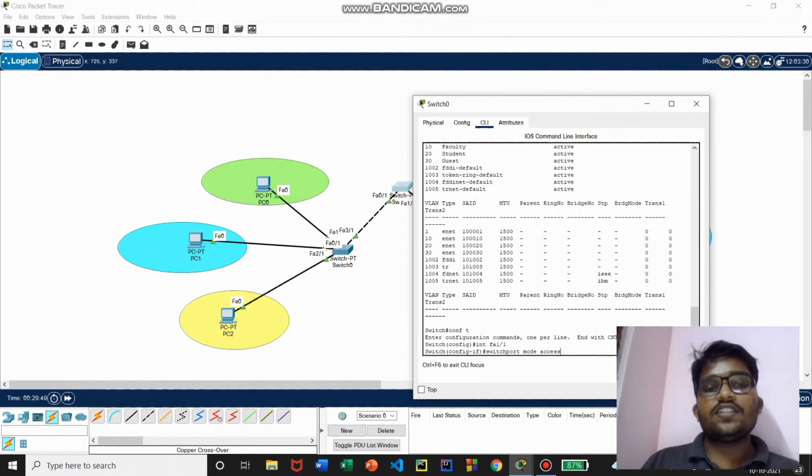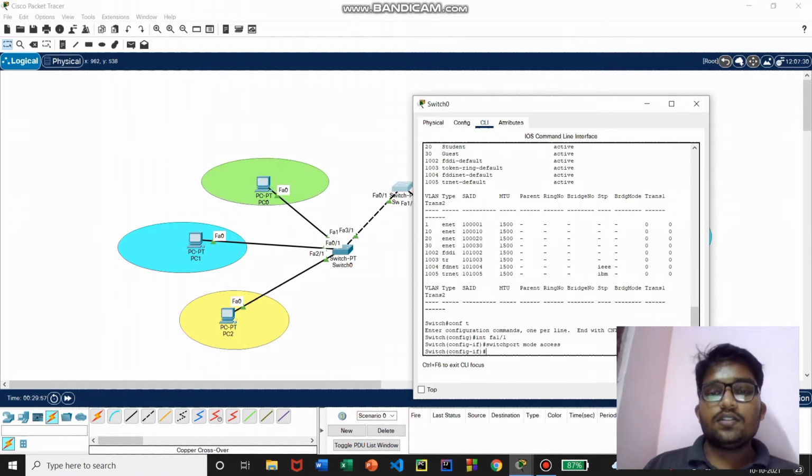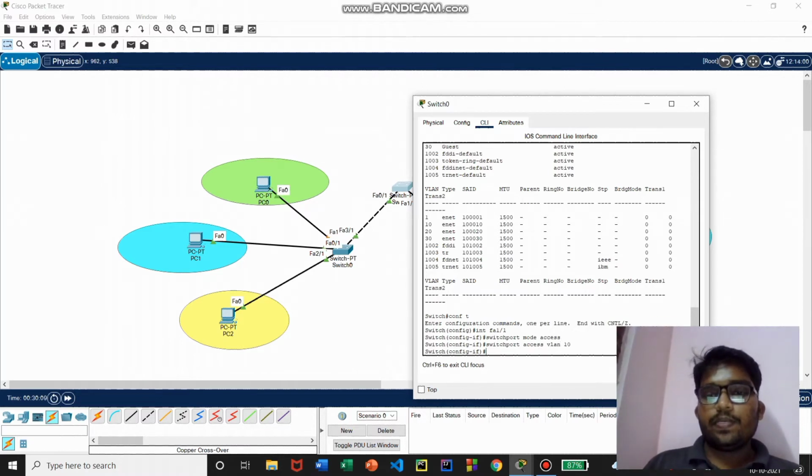We are making this interface access mode because it just has to support the traffic of only VLAN 10, nothing else. That's why I'm using this command. Then switchport access vlan, the VLAN to which this PC belongs, that is VLAN 10.